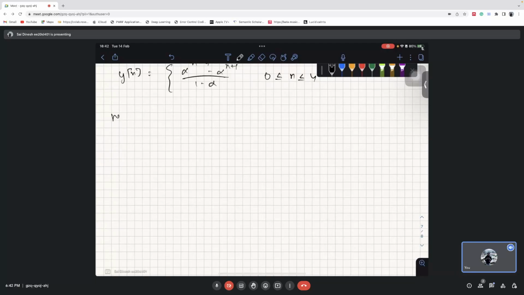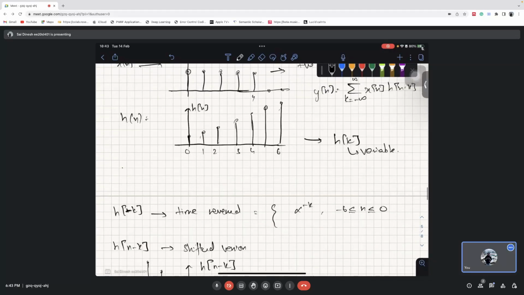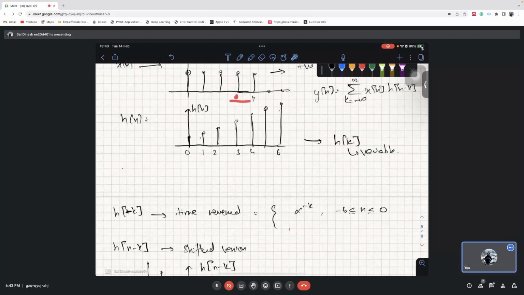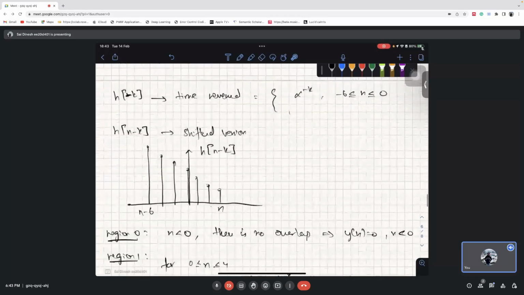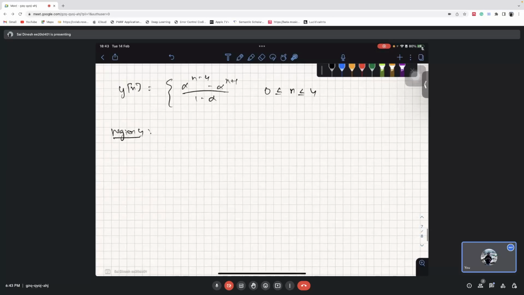Now next we'll come to region 4, where this h of n that we have starts going out of this region. This is h of n minus k, this region, right? So this starts going out. For region 4 we have n greater than 6, but n less than or equal to 10. In this region,